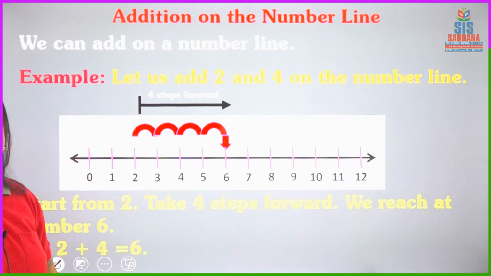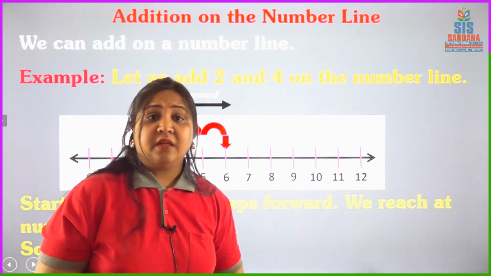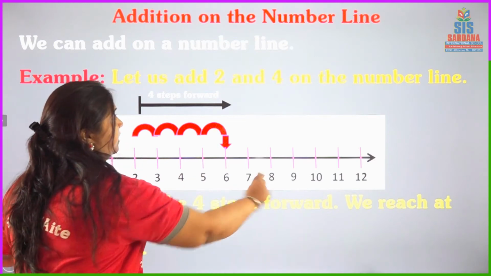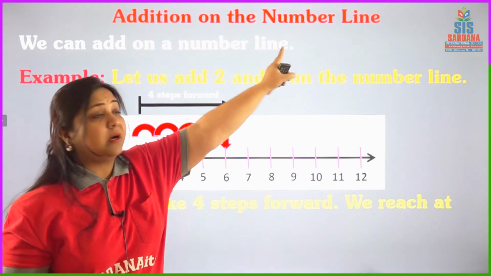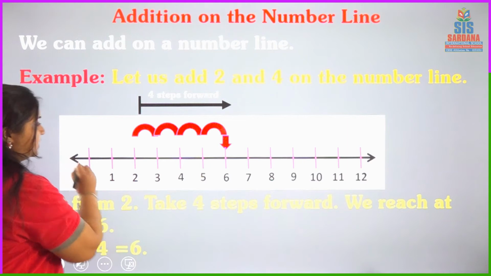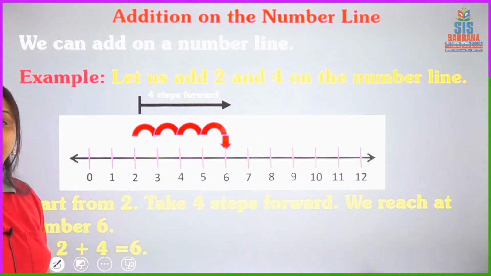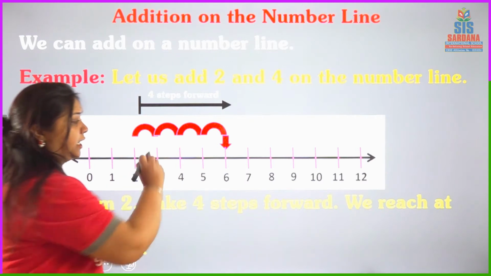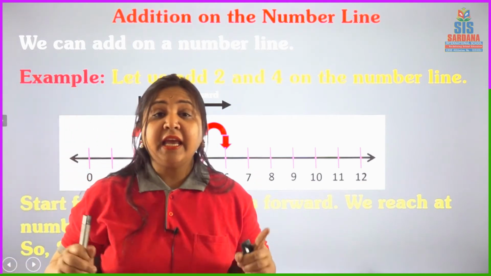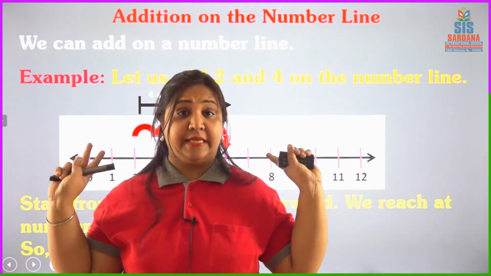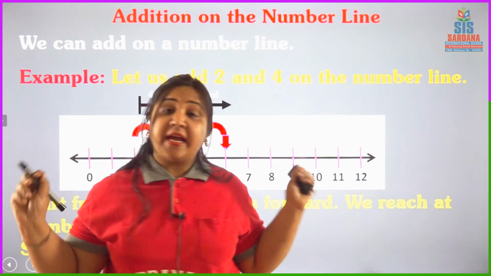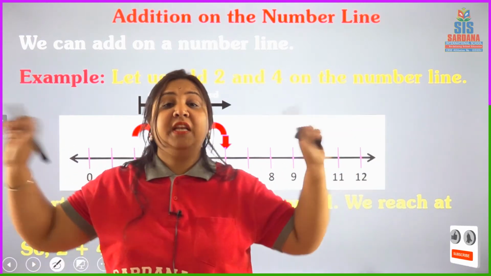But if we do not have the objects, then how to do the addition? This is the method for that. If we do not have objects, we have this method, and this is what? Number line. Addition on the number line. Okay? See, this is a line. Why here 2 arrows are there? Why did I put 2? Because it's a line. It can move in this direction as well as in this direction endlessly. A line can move in both the directions endlessly. There is no ending point. That's why these arrows are given, so that you can reach any of the levels.